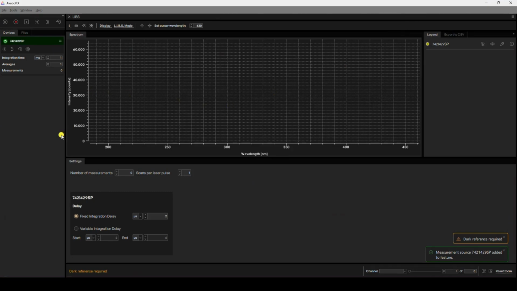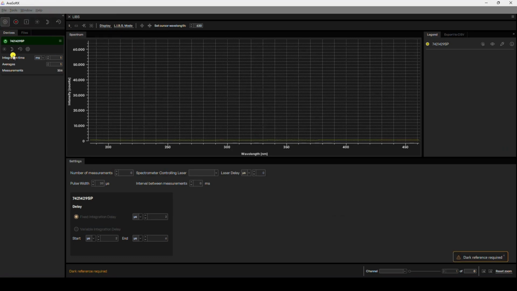Open AvaSoftX with the LIBS application selected. Choose the appropriate trigger based on your setup. In this video, a laser-controlled LIBS measurement is used. The trigger can be set via LIBS mode in the LIBS ribbon, with laser controlled as the default. In this example, the integration time is 1 millisecond with an average of 1, adjustable via the left column settings